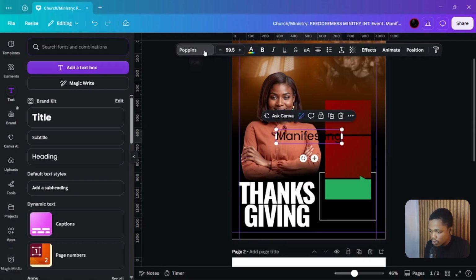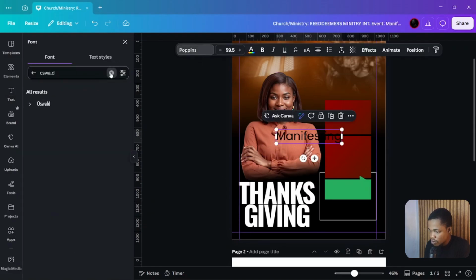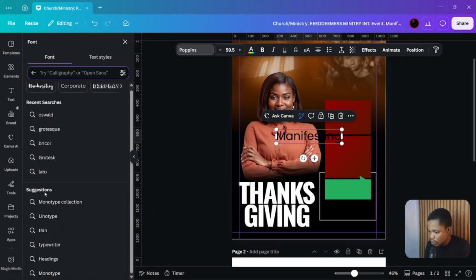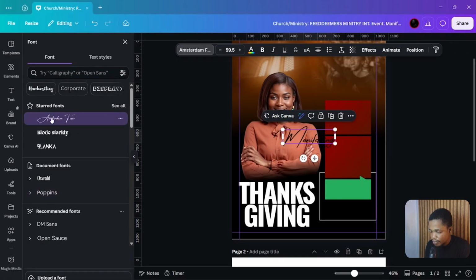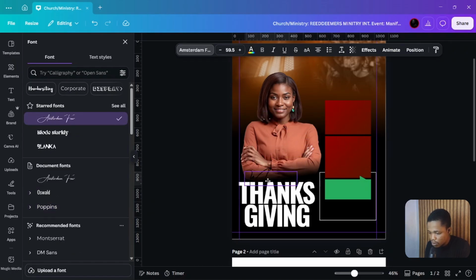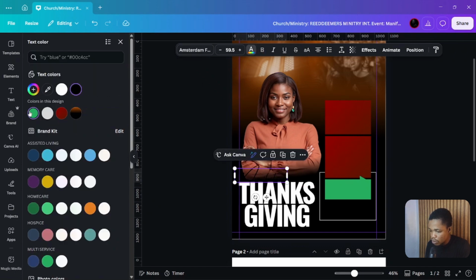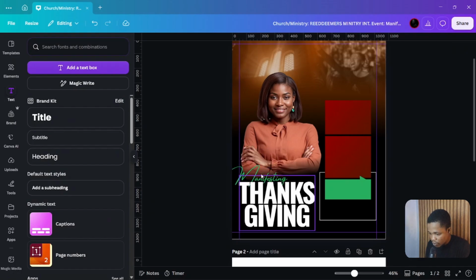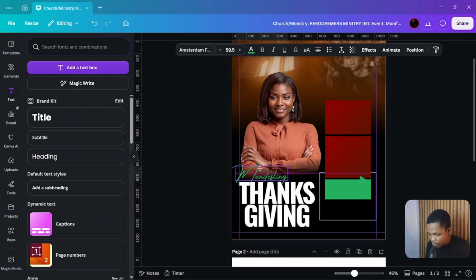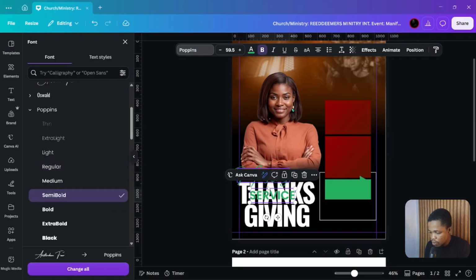For manifesting, come down to fonts, then I look out for Amsterdam. I'm going to use this Amsterdam fair. Alright, so come back and then we change the color to this. See, that's wonderful. So we can bring it forward, semi bold,